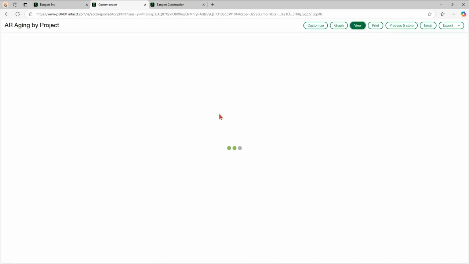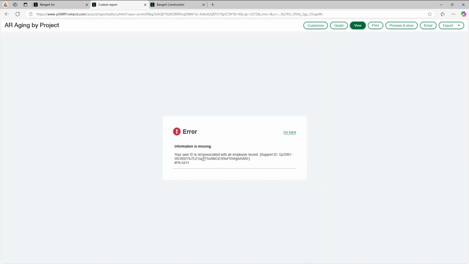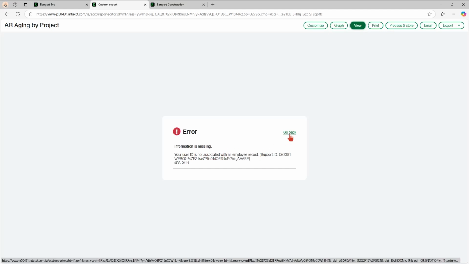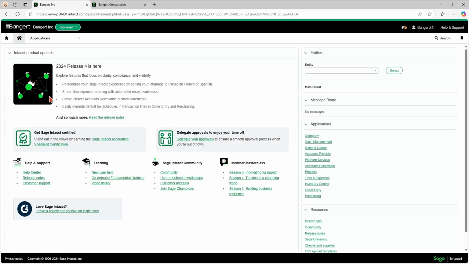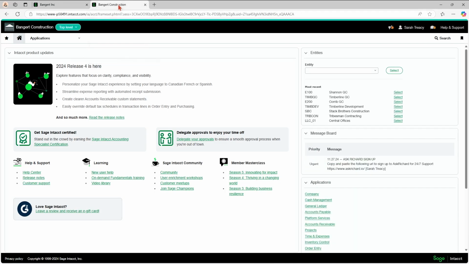it's going to give me this error that pops up and says user ID not associated with an employee record. So you are most likely not going to be able to fix that issue yourself. You'd have to get an administrative user to come in and do a fix for that. And then once the administrator is aware of the issue, what they would do, this is my administrator user now,